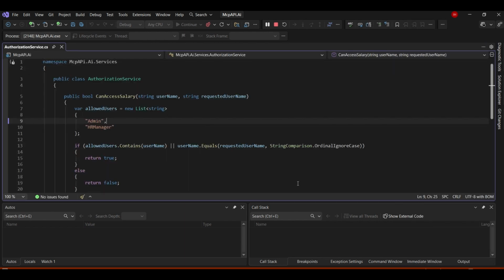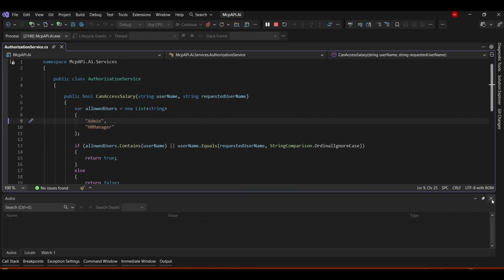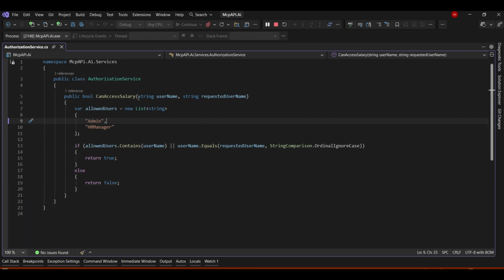If you look at the authorization service, I have built a method here called CanAccessSalary, where I'm accepting a username and a requested username. The username is the current user who is logged into the system and trying to get the information, and the requested username is the person for whom that user wants the information. And over here I'm saying these are the allowed users: admin and HR manager. If I want to allow more roles, let's say CEO, CFO, or some other role,